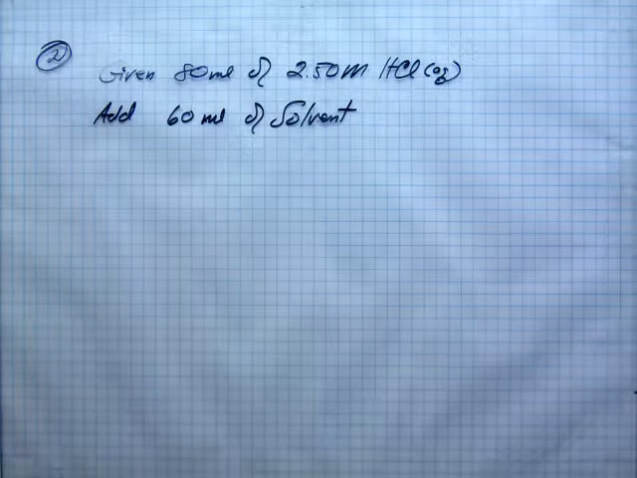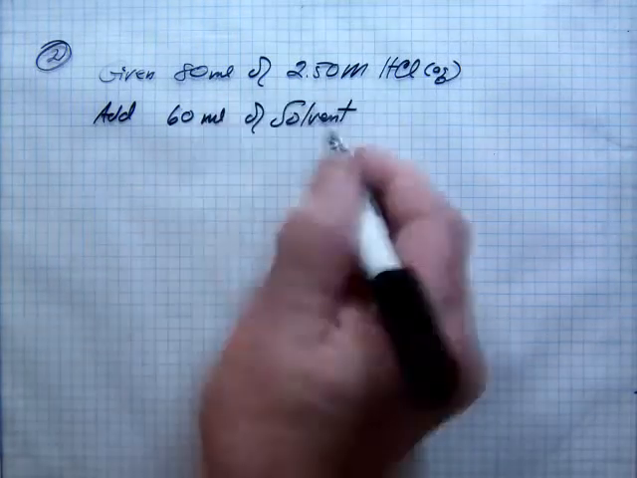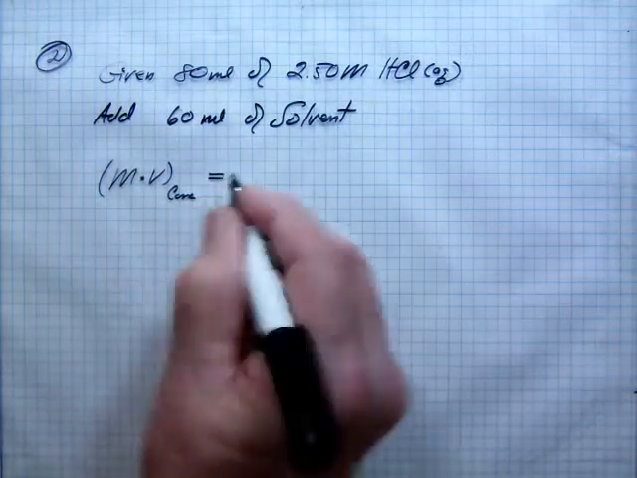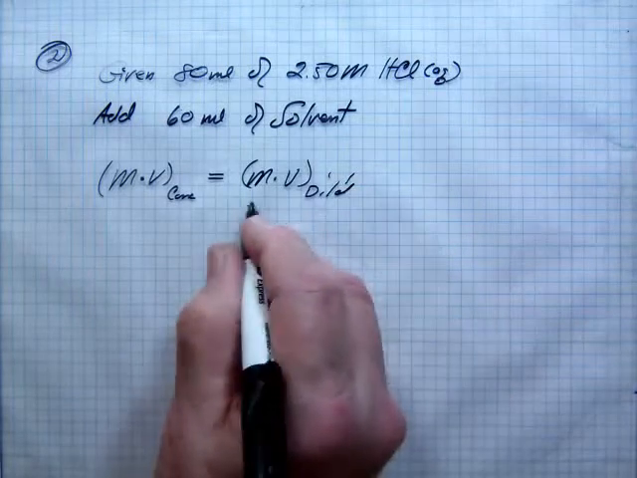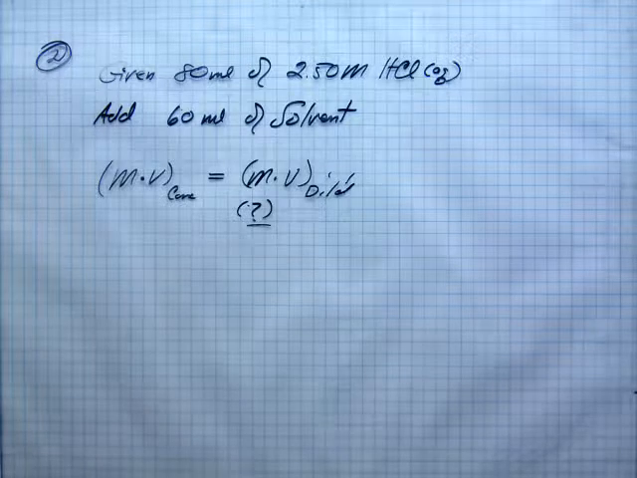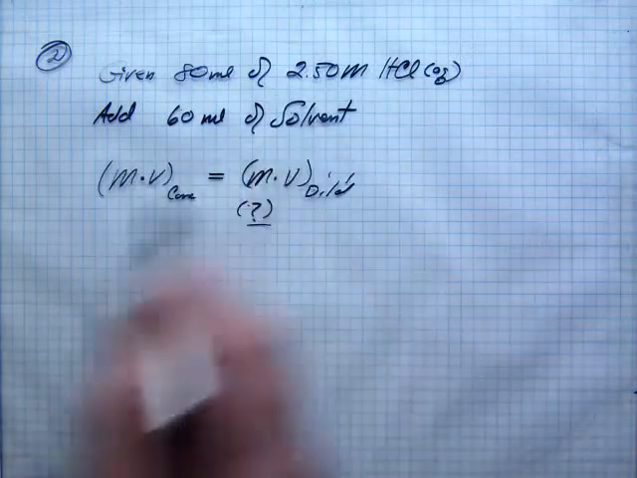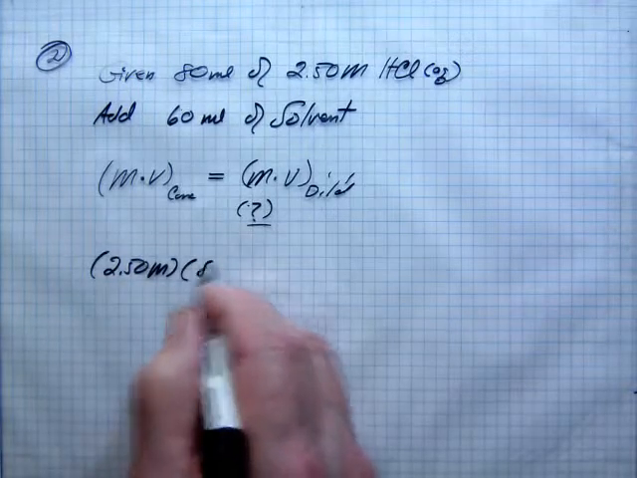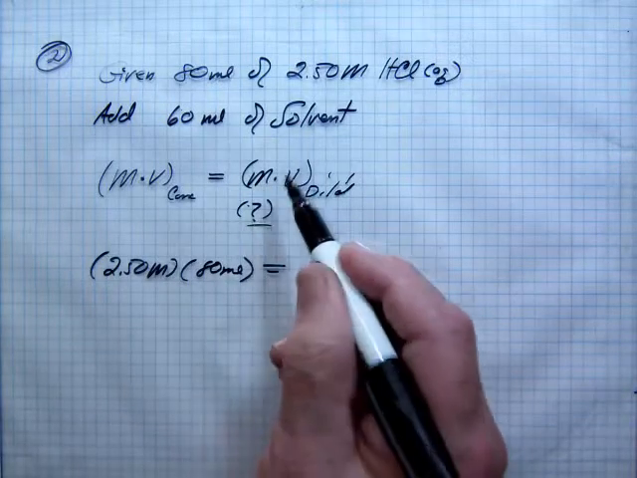Next is you apply the definition of molarity. That's what it's asking you to do. So you can use the molarity times volume of the concentrate is equal to molarity times volume of the diluted sample. And the unknown part is the molarity of the diluted sample after you pour all the solvent in on top of it. Well, the molarity of the concentrate is 2.50 molar, and you have 80 milliliters of it. And that's equal to the molarity we're looking for, and the volume